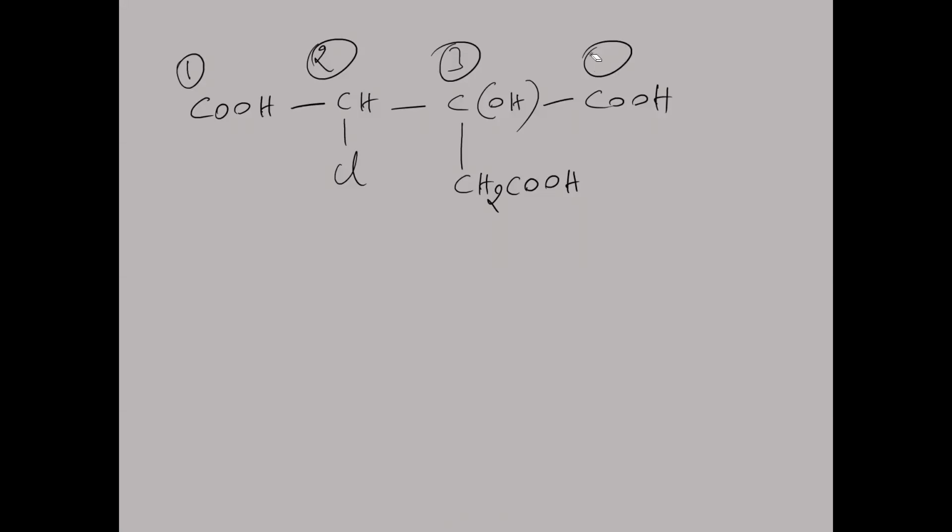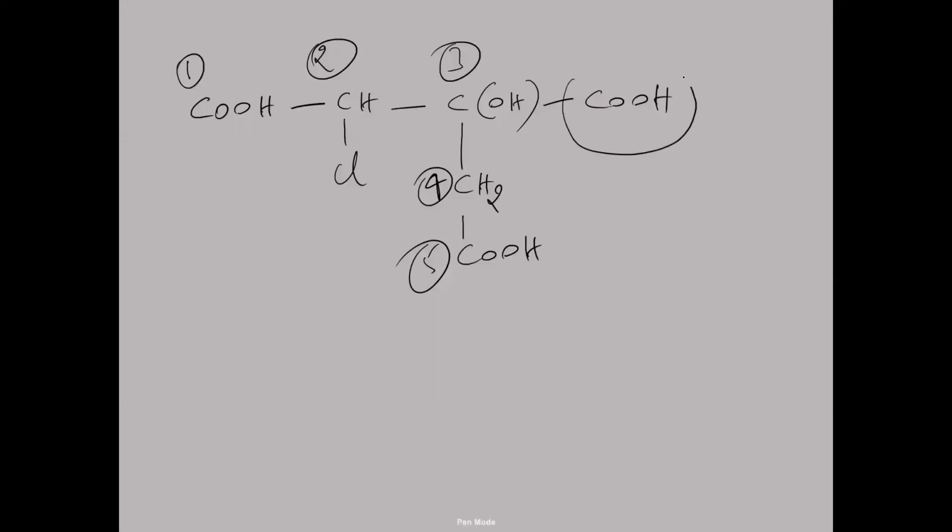You take this one, expand this one. This given structure expand. CH2COOH means like this. CH2COOH. Now number 3, number 4, number 5. So 5 carbons: 1, 2, 3, 4, 5 carbons. On third carbon, carboxy is also there as a group. Whenever you write within the bracket of the carbon, that group is attached to this carbon. If you write C bracket OH, this OH group must be attached to what?